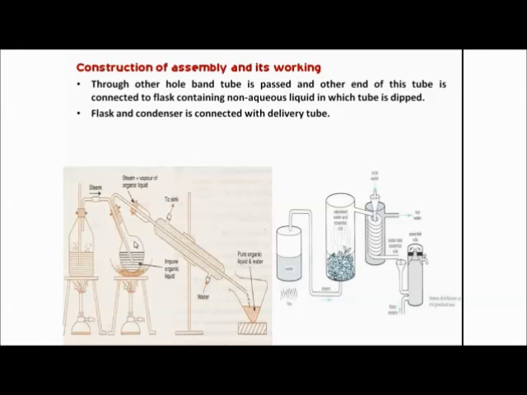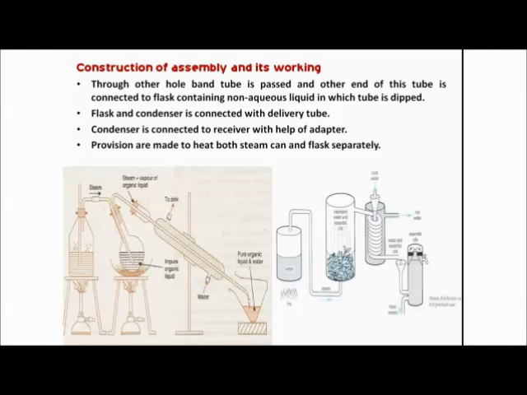Now whatever vapor is produced here, since the steam is carrying the heat, it will be carried out by this tube, go through this condenser, and finally be collected. So this is a condenser. Here fresh or cold water can be inserted, and after circulation the water will go out from the upper part, right? The condenser is connected to the receiver with the help of an adapter.